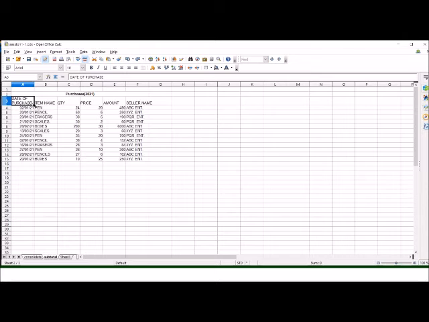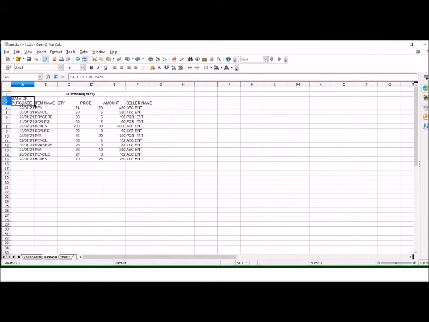To demonstrate this feature, this worksheet has been prepared in which various items which were purchased by a company during a particular period are displayed. In the first column we have date of purchase, in second we have item name, then quantity, price, amount, seller name. So this worksheet can be grouped on any of these columns and we can see the total of any column.